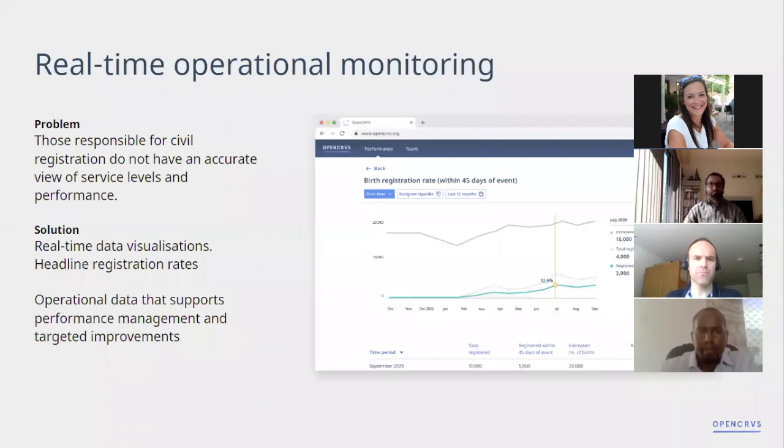Civil registration services and managing them across the country is another area that can be really challenging. Often those responsible for civil registration don't have an accurate view of service levels and performance. So it's very difficult to know what's working, what's not working, how do we hold people accountable? In response to this, we really wanted to leverage the data that OpenCRVS is gathering and create real-time data